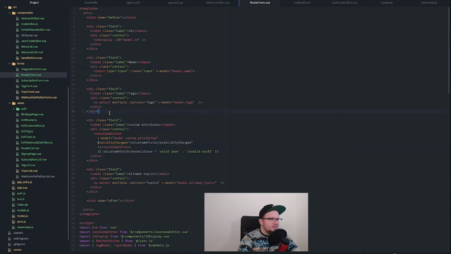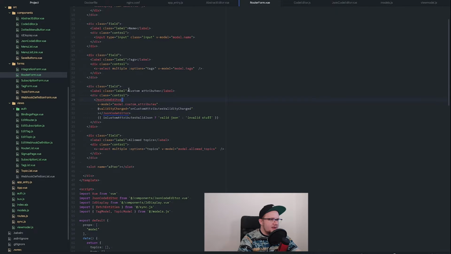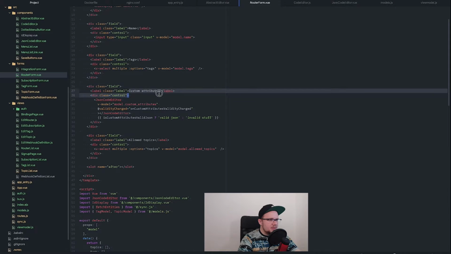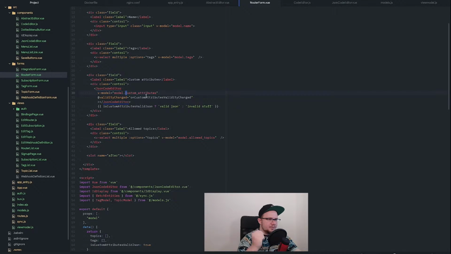Where is it caught? So here I have my custom... So this is the form. This div here is exactly this part of code here on the screen. So custom attributes, and then the editor. Here is the label custom attributes, and this is the JSON code editor. And that input